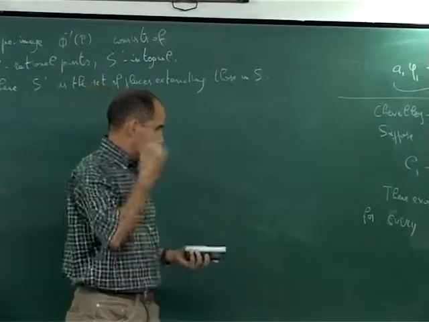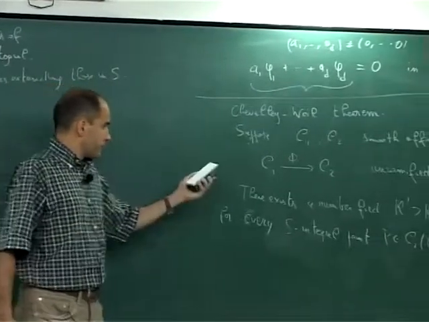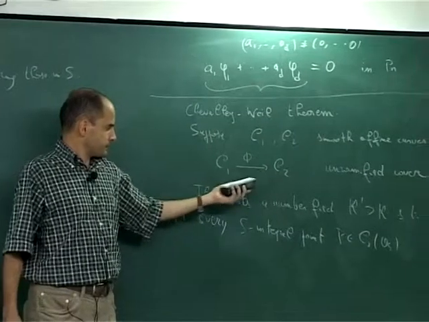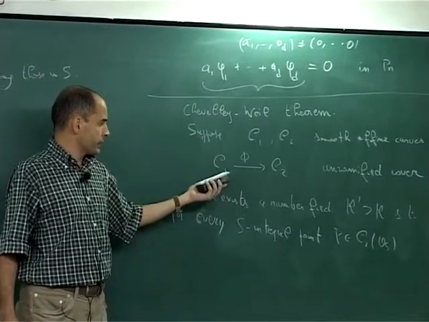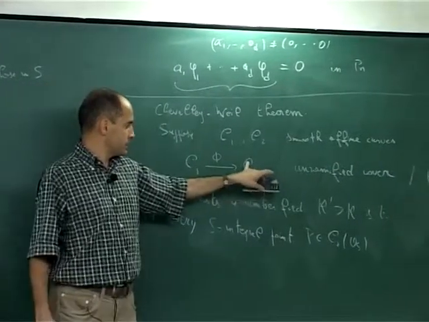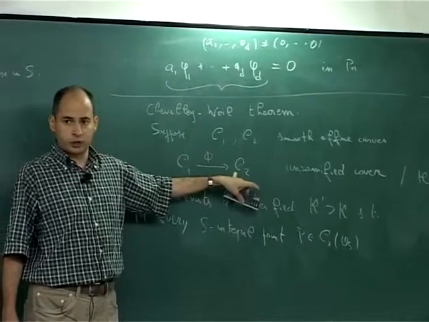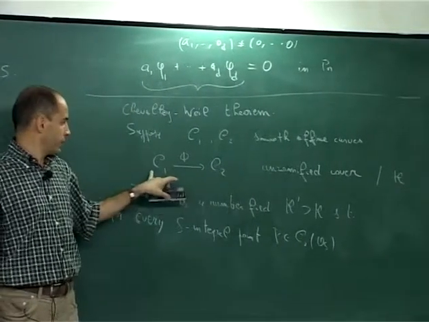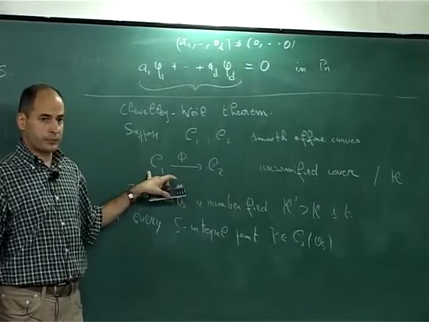And using this trick, one can reduce, in the case C2 has positive genus, to having at least 3 points at